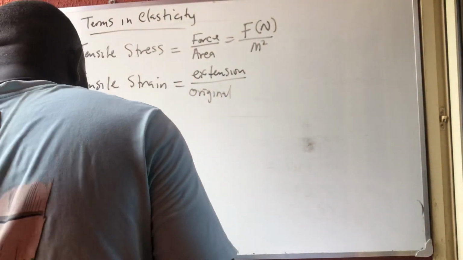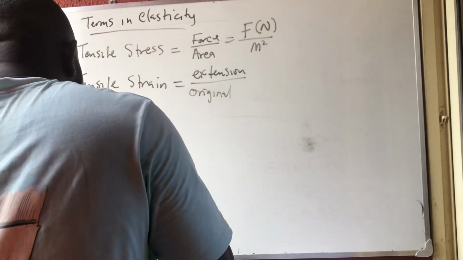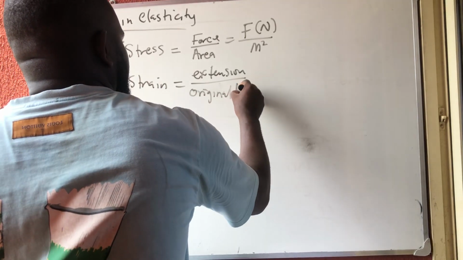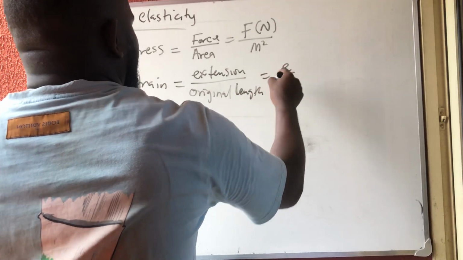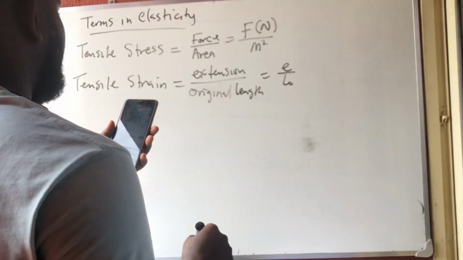So, extension over what? The original length. Which is what? Extension E over original length L0. Okay. Now,